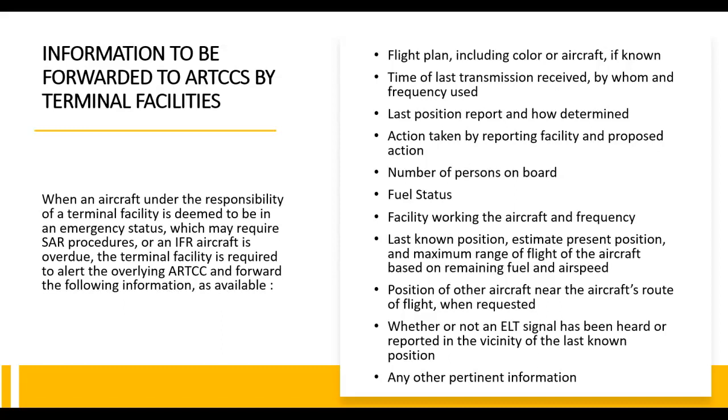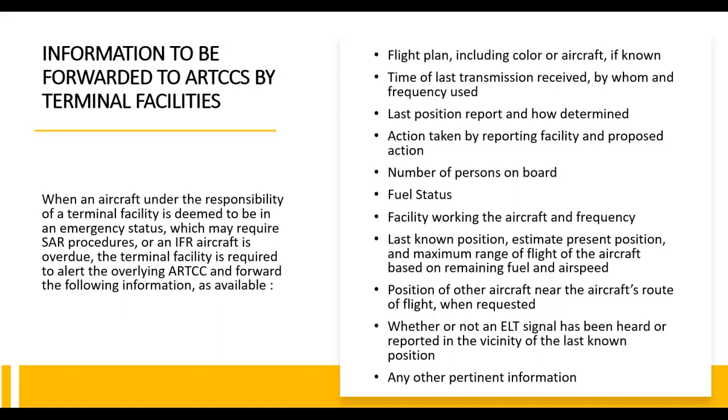When an aircraft is the responsibility of a terminal facility and is deemed to be in an emergency situation, and may require search and rescue procedures, or if an aircraft is IFR and is overdue, the terminal facility is required to alert the overlying Air Route Traffic Control Center and forward the following information: the aircraft's flight plan, including the color of the aircraft and the type of aircraft if known, the time of last transmission received, by whom, and the frequency that was used, the last position report, how it was determined, the action taken by the reporting facility and proposed action,